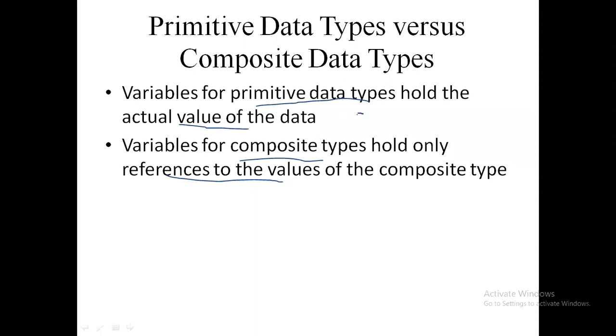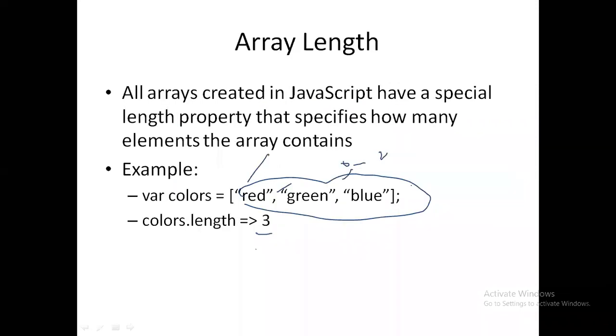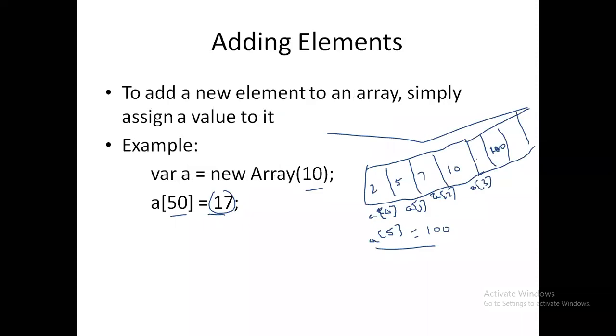So when I'm saying a is equal to 100, this becomes a primitive data type because 100 is the actual value we are getting. When I'm saying composite value, that means it's a reference to where this 100 has been stored. If you remember this particular diagram, this is the place, this is a 2. Where is this 2? Some XYZ position on my computer. So this is the address.